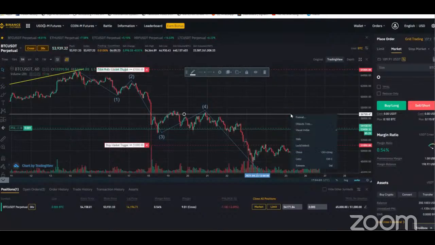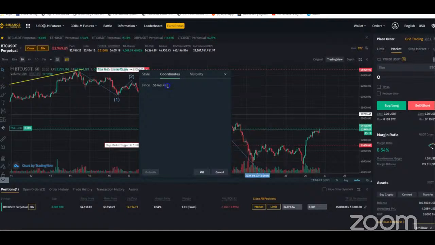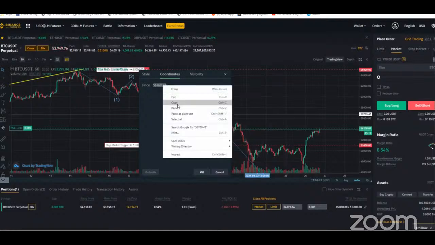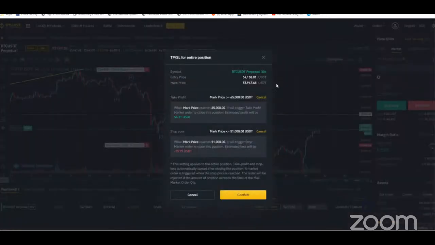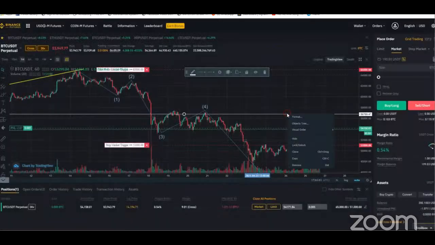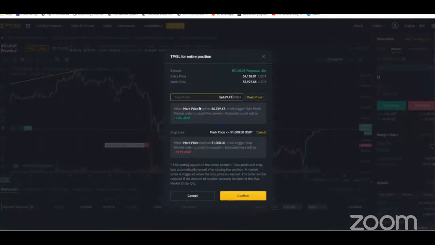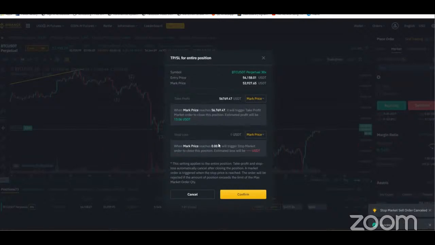56. So you can just draw a horizontal line and click on format and click on remove, or you click on the line and then delete this one. Then you can go back to the property, and right here we will set our target to what I've copied. Just paste it there. So I'll be getting $13 for this trade. If I'm getting $13 for that trade, then it means that I need to reduce my risk. So my risk could be somewhere around